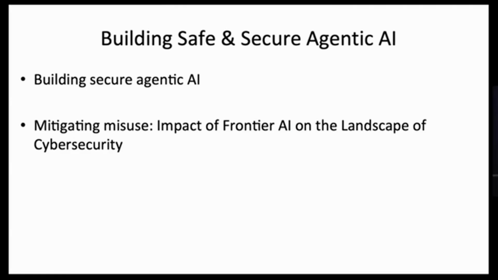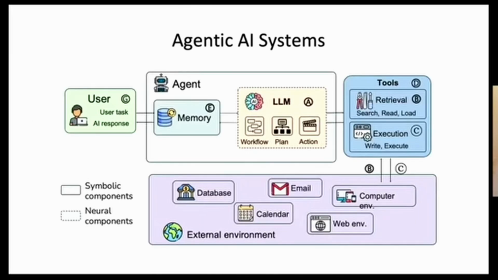And the second one is mitigating misuse of AI by attackers. In particular, here I will focus on one particular domain, which is cybersecurity. So I will talk about mitigating misuse of AI, in particular, the impact of frontier AI on the landscape of cybersecurity. So first, I will talk about how we can build secure agentic AI and protect agentic AI from different